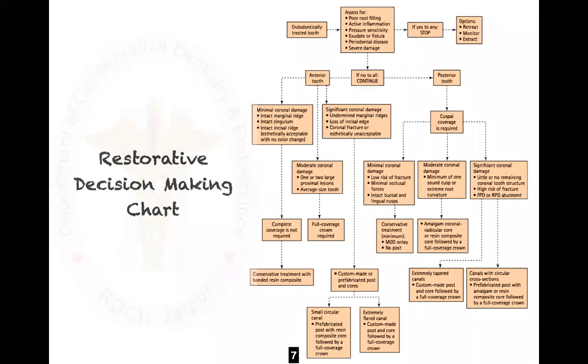For an anterior tooth, your offending tooth has significant coronal damage, undermined marginal ridges, loss of incisal edge, coronal fracture, and it is aesthetically unacceptable to the patient. Then what do you do? You will have to go for a full coverage crown, definitely, but how do you support that crown? You need something to reinforce that tooth, and for that reason you can go for a custom made or prefabricated